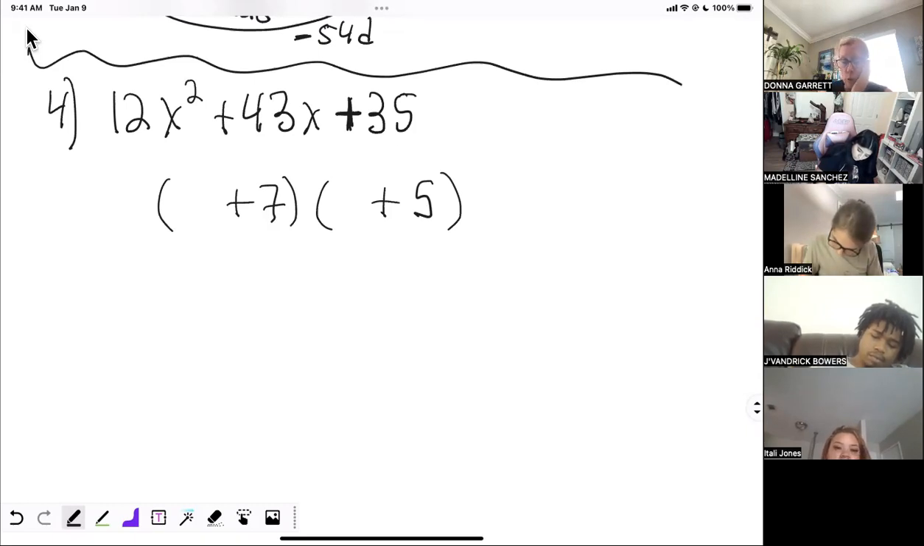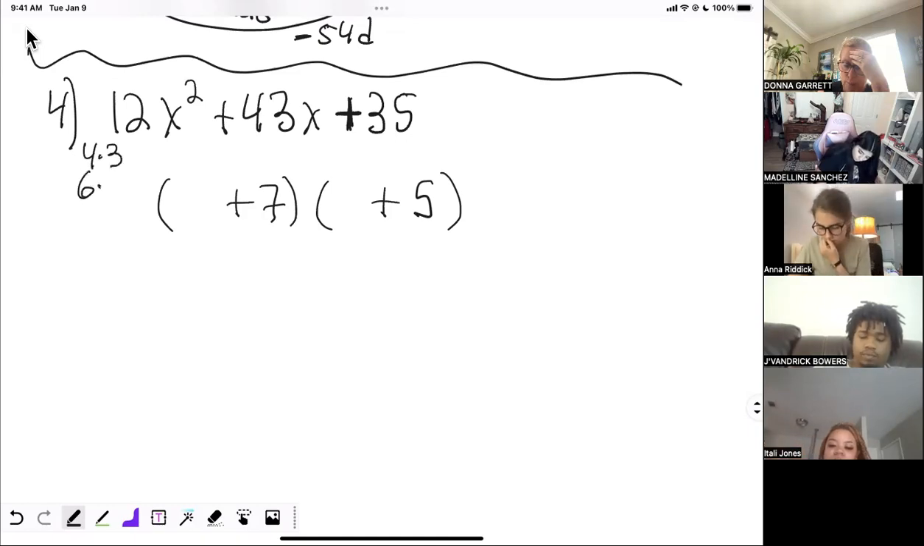Now I've got to figure out the 12. I don't think it's 12 and 1, only because 12 is pretty big. Again, I might be wrong, but we have 4 and 3 or 6 and 2. That's what I'm thinking. It's one of those combinations, but I need 43, right? So